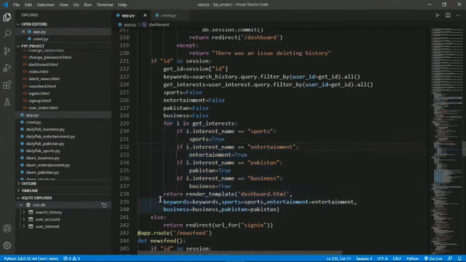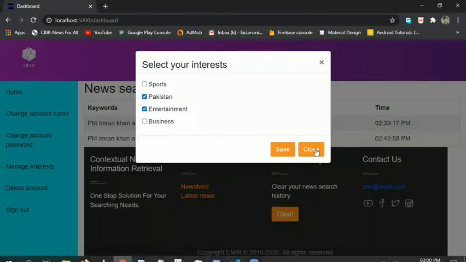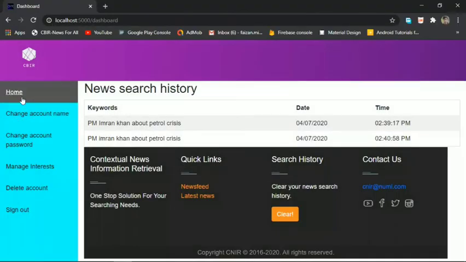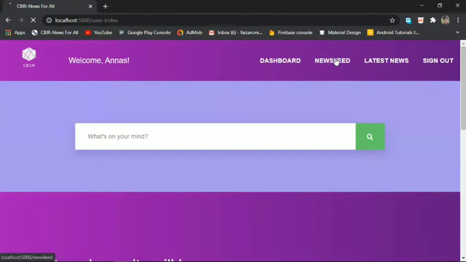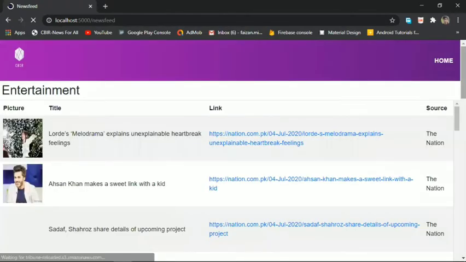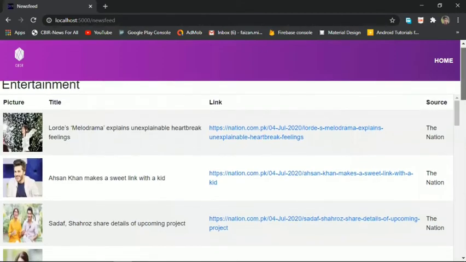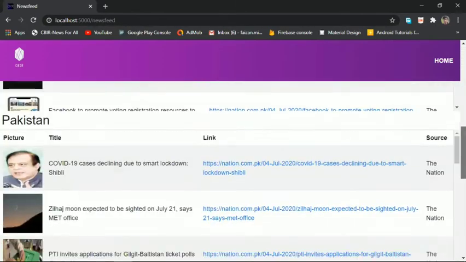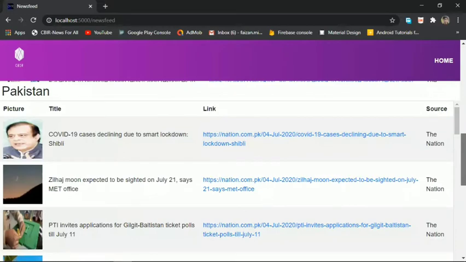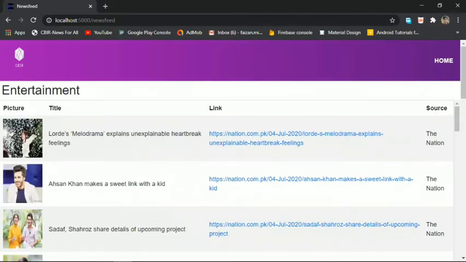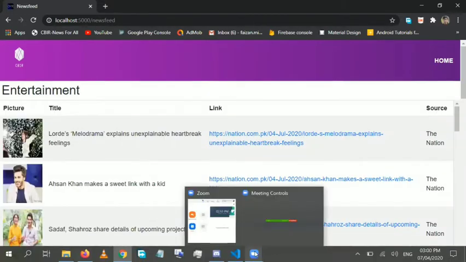Now let me move towards the front end of the newsfeed page, so we can see what impact we have after selecting these interests. Here we selected two types of interest, Pakistan and entertainment. Now let us see what our newsfeed page has for us.